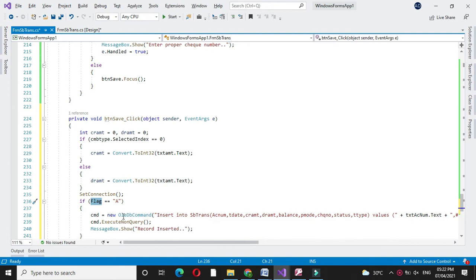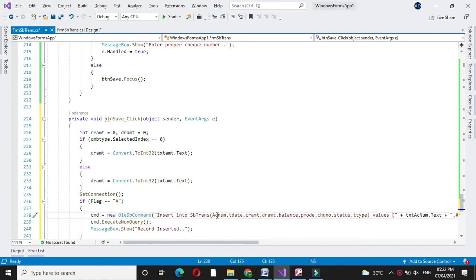So I have written this cmd equal to new OleDbCommand, insert into SBTrans: account number, transaction date, CRAMT, DRAMT, balance, payment mode, check number, status and transaction type.